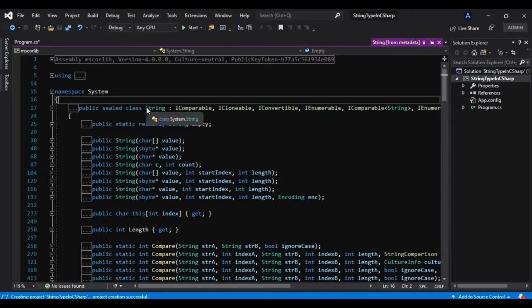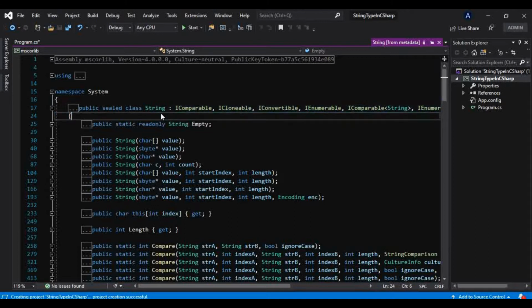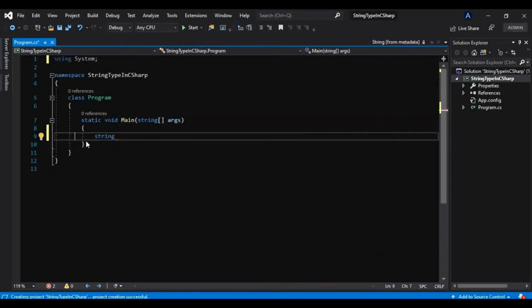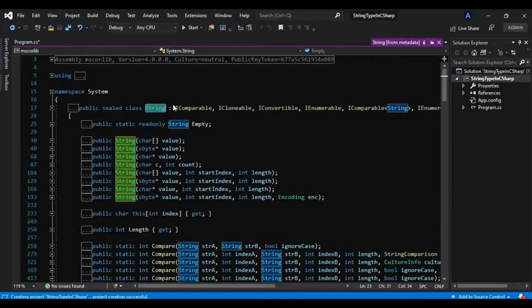The .NET type for the string is this class, with this big S. So this string and this String are one and the same. The difference is that this is nothing but an alias for this type. So this is your main type.